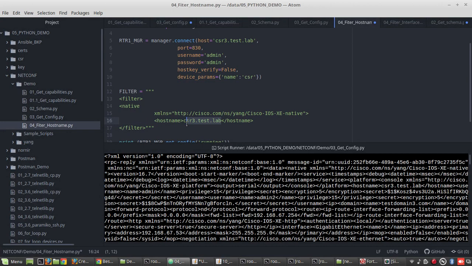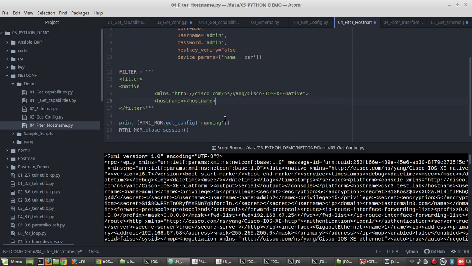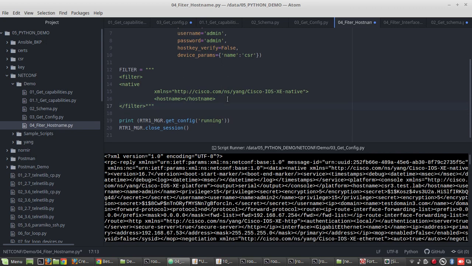I'll remove the current hostname because I'm just going to do a filter and get the actual data from the device. Now this native needs to be closed here. Here the line indentation doesn't matter, it just needs to be in a proper XML format, that's all.